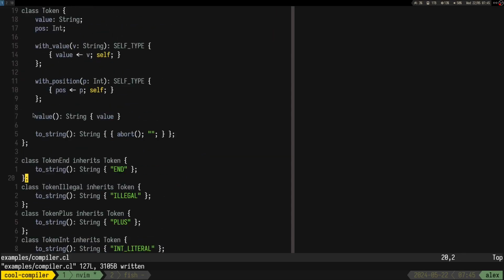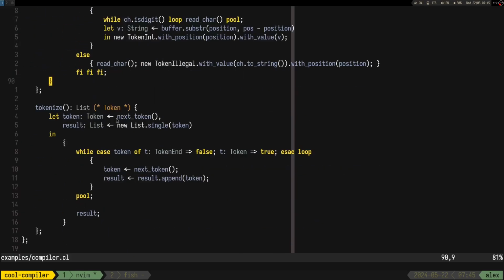I was thinking of doing something like optional for a string, but might as well just, I don't know.